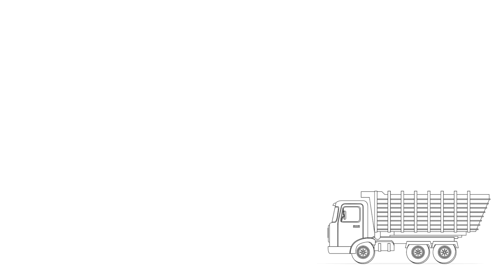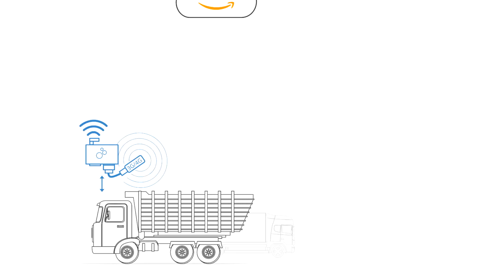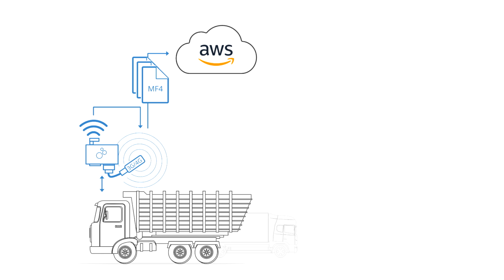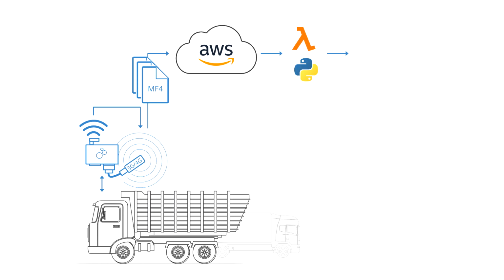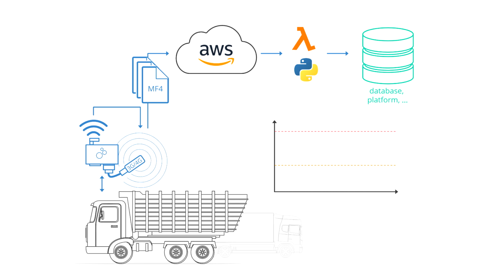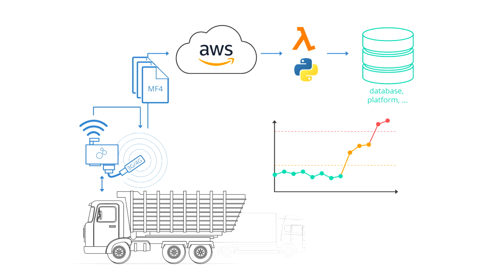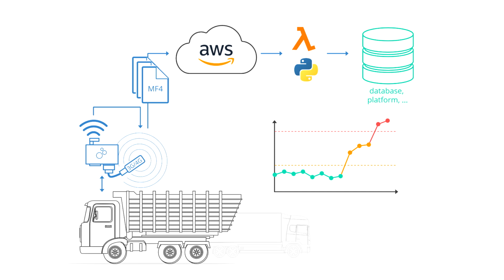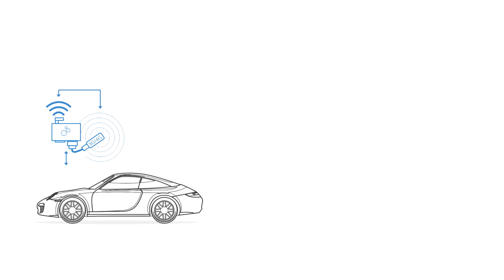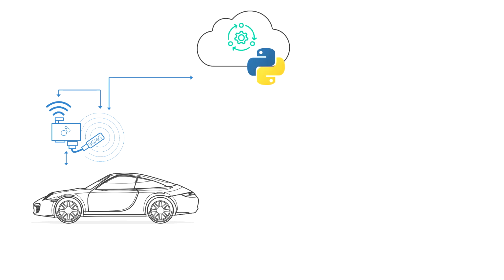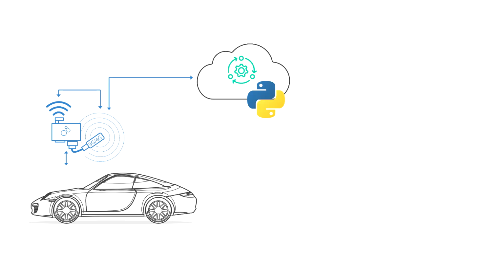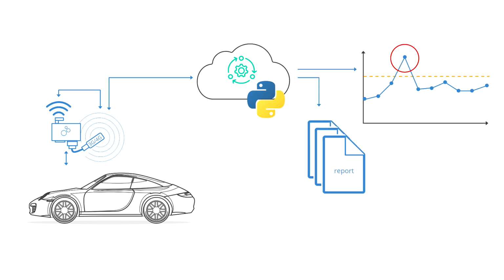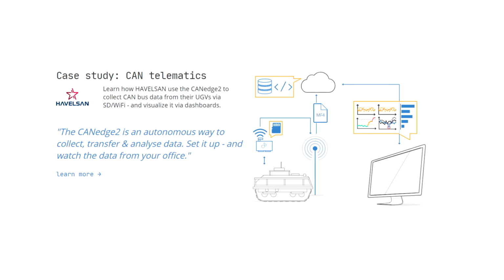For example, you could have a CANedge 2 upload data to your AWS S3 cloud server and use AWS Lambda functions to automatically evaluate log files immediately when they get uploaded. For many users, this type of practical predictive maintenance can be a game changer with minimal setup costs. Finally, you may simply want to automate mundane, repetitive tasks that you do again and again. Python scripts are perfect for quickly converting a manual task into an automated task, potentially saving your team hours or days of work.